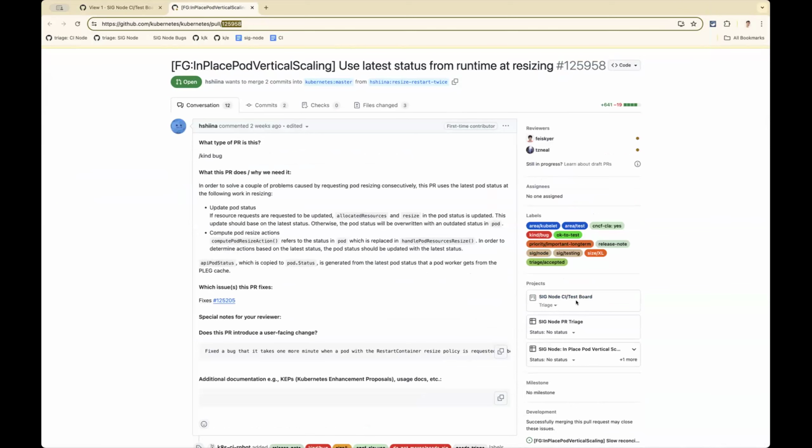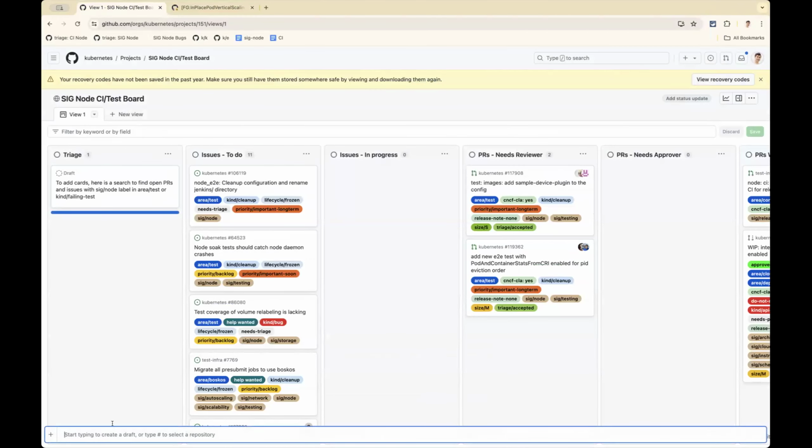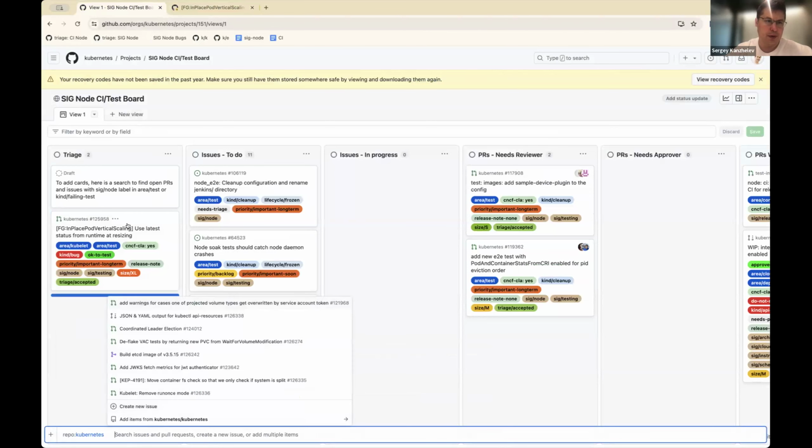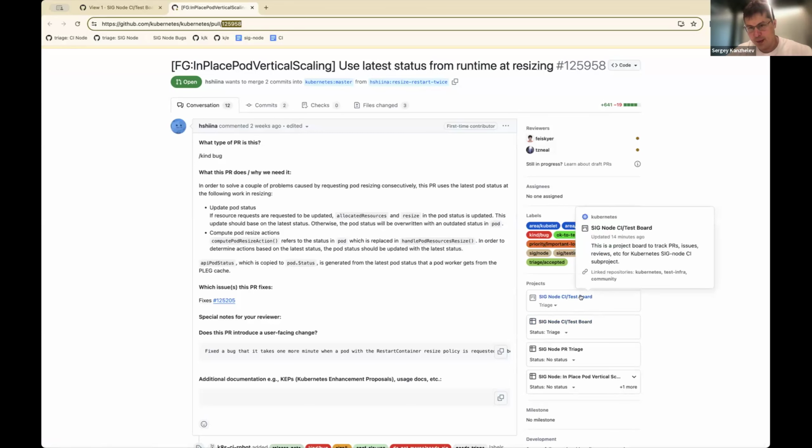I think you can add an item by typing hashtag Kubernetes in the GitHub issue. Oh, you mean this one? Okay. I think you have to do hashtag Kubernetes. Yeah. Oh, got it. Okay. So now it has two CI boards. I guess we'll need to migrate everything and remove the old board.